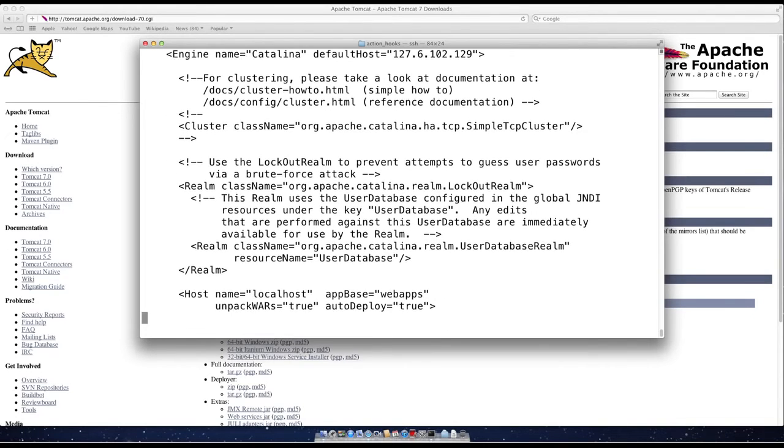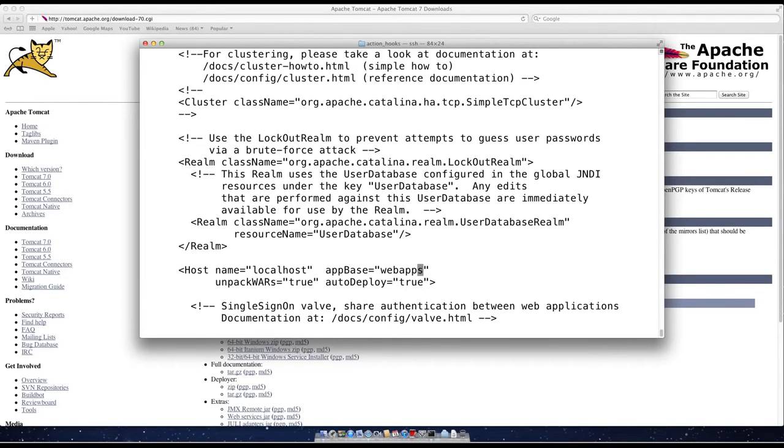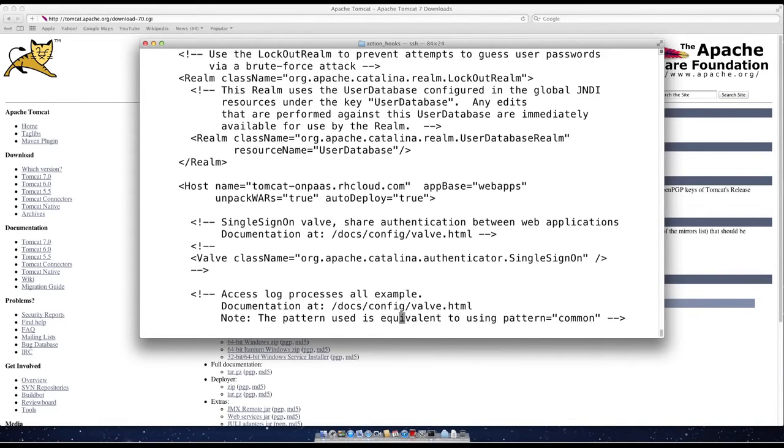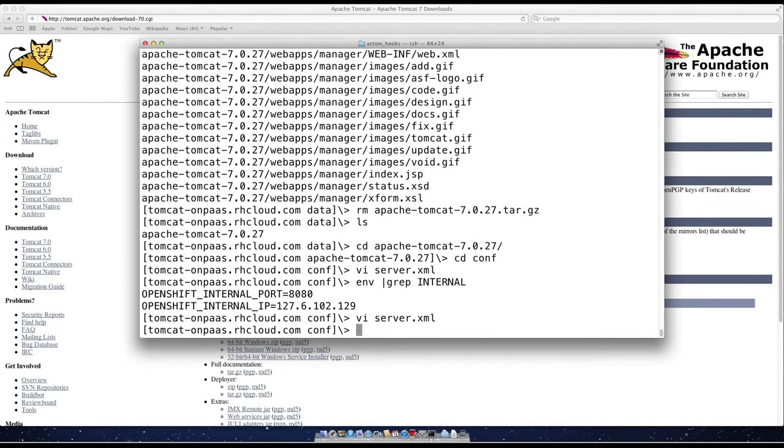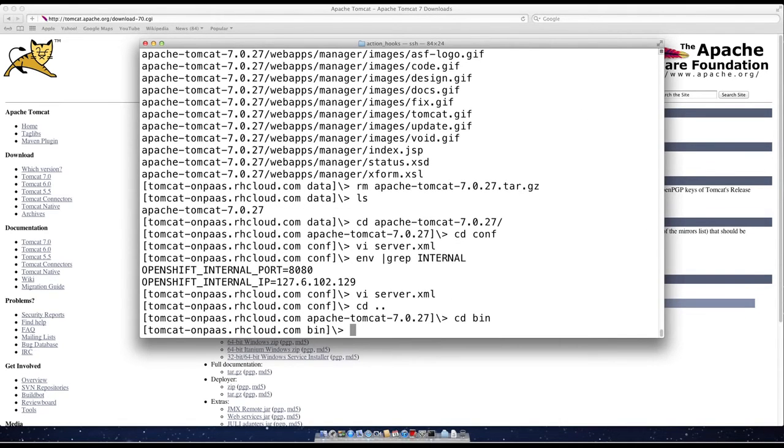And let's keep going down. Host name localhost, appBase webapps. Let's change this to our actual host name. In my case, it's tomcat-onpaz.rhcloud.com. And I think that's all we need to change. So let's save that. And now we can go up a directory and then go into the bin directory and